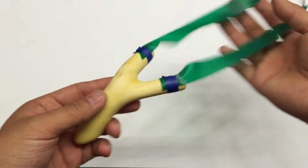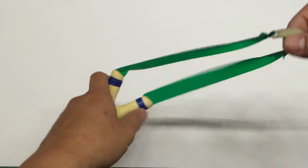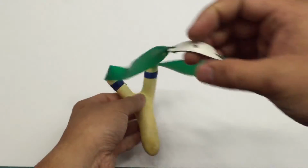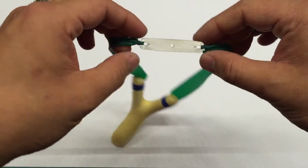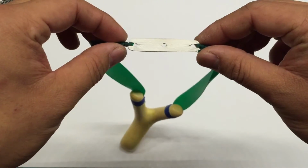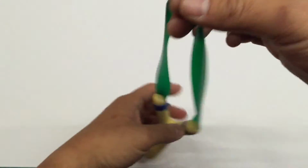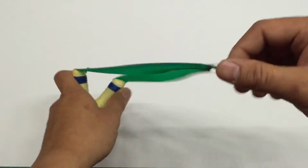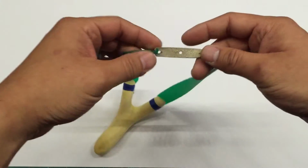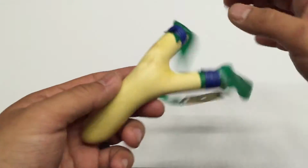Next up is this little guy from B-Tune. There's a pretty awesome story about this. We did some trade. I gave him a bunch. I know he shoots a lot of small stuff, so I make these 10 by 50 millimeter pouches for BBs and 1/4 inch stuff. And he loves shooting that kind of thing. So I traded him like 10 or something like that of these, and then he gave me this sweet citrus